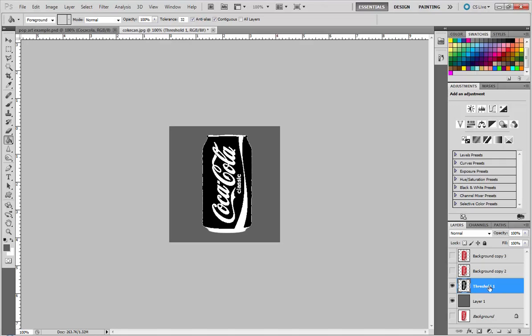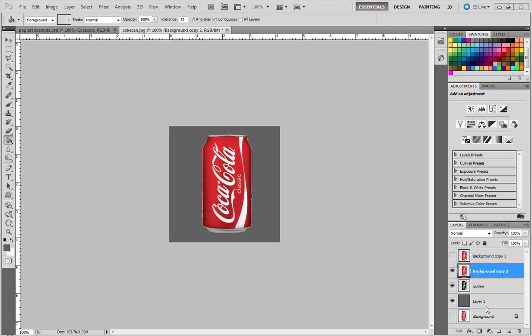Well, I'm not going to remember what that is, so I'm going to double click on the words and name this outline. So I know it's the outline of my Coke can. Now I'll turn on my next layer and click on it, go back to my threshold,